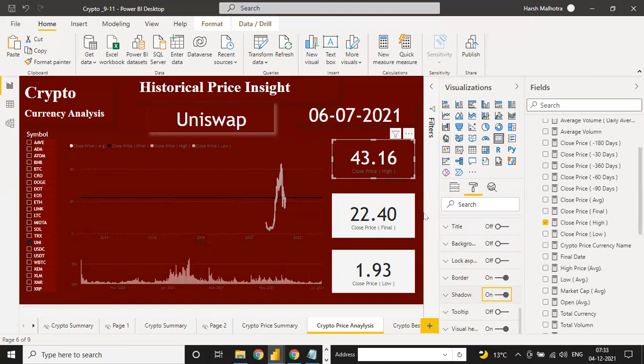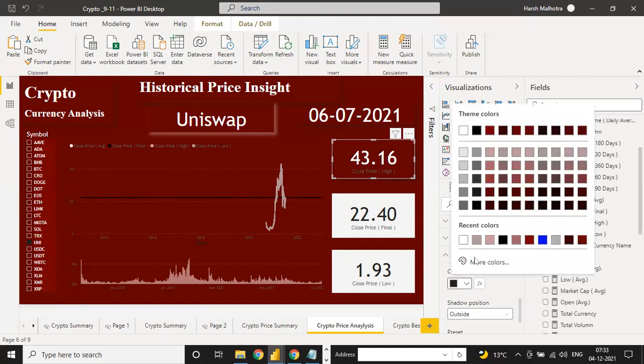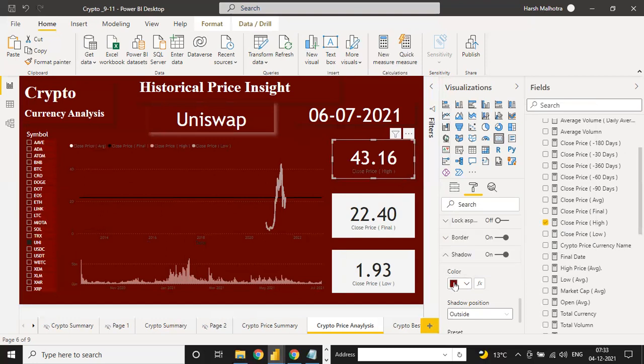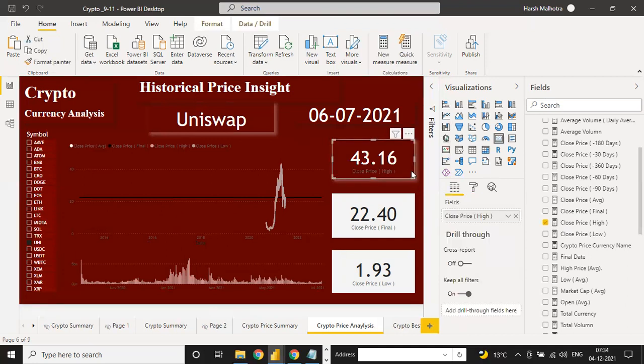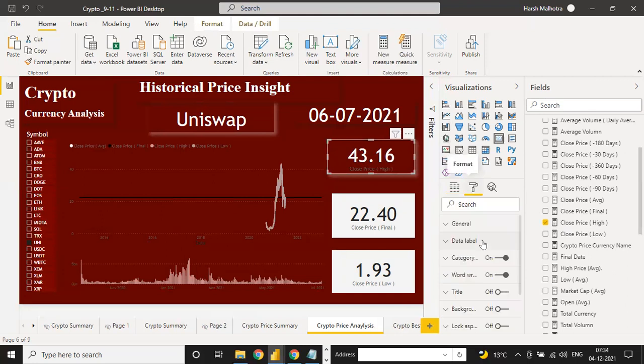Border and shadow, you can put under this shadow as this color, or you can change to white color also. Okay, so like this, yeah, like this, and click on this.